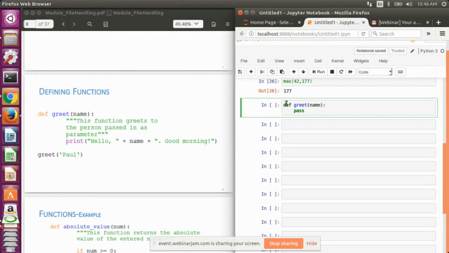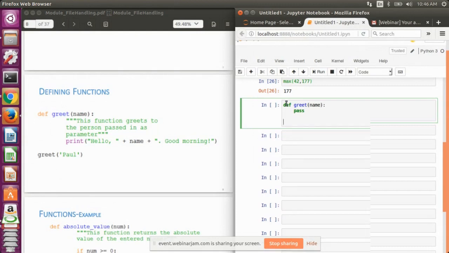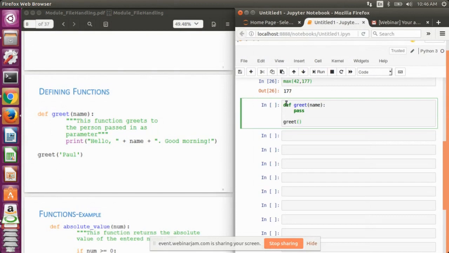The pass keyword is used generally when we do not have to define the body of a function. Instead of skipping any statement, it's better to write the pass keyword. So it will automatically mean that whenever we call the greet function, the compiler will understand that this greet function doesn't have any body or any statements that the compiler needs to process. So here, if I call this function greet, let's see what will happen.